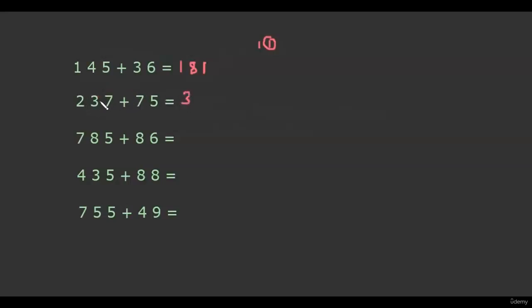Now 3 plus 7 is 10, but 7 and 5 are carry numbers. So we increase 10 by 1, it becomes 11. And the unit number of 11 is 1. So we write 1 over here. After the leftmost number, rest all numbers are unit numbers. Now 7 plus 5 is 12. So instead of 12, we will write just the unit number, 2. Only the leftmost pair is a complete number. Rest all numbers are unit numbers.